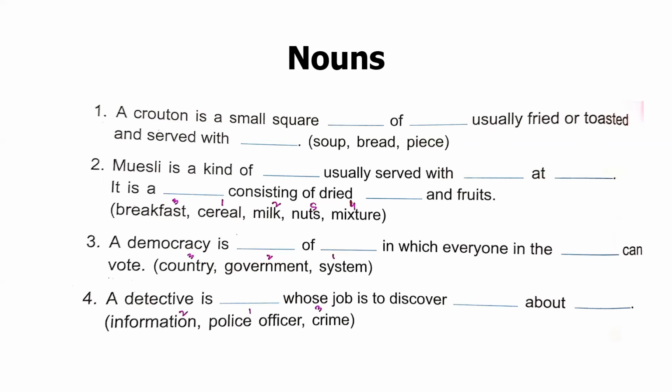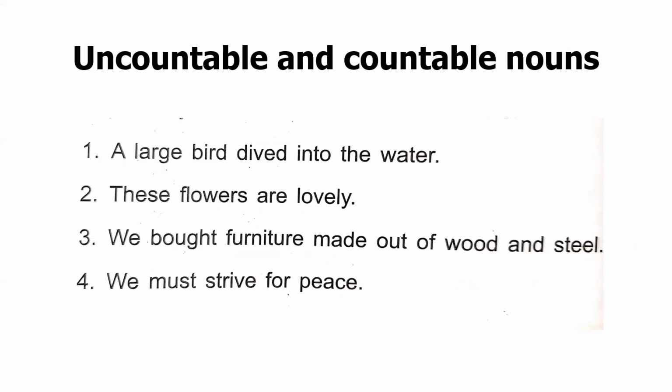Move to countable and uncountable nouns. Countable are the nouns that we can count, and uncountable are those that we cannot count in numbers, but we know their quantity. When we talk about countable and uncountable nouns, we should be very sure that we are talking about the name of something, that are nouns. We are not talking about adjectives or any other part of speech, but we are talking about nouns. So let's do the exercise.